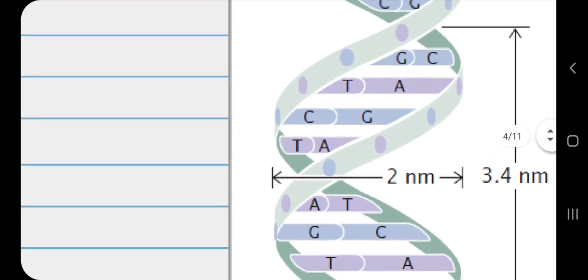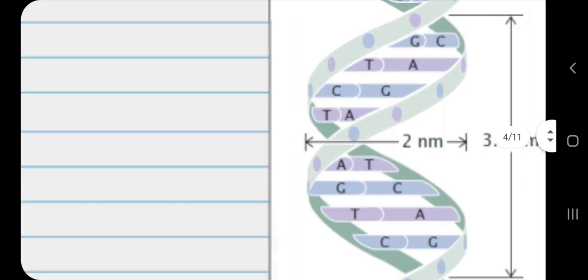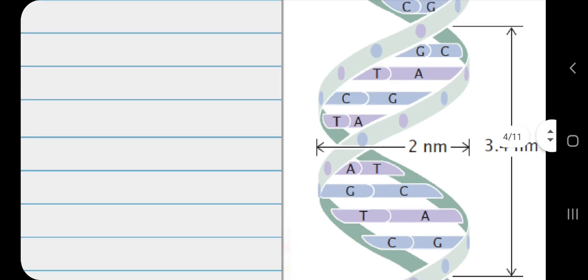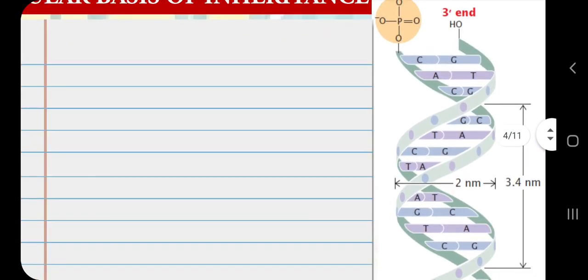Here is one interesting thing: guanine is always base pairing with cytosine, and thymine is with adenine. Again the reverse is true also, adenine with thymine and cytosine with guanine. These 2 strands, if you are able to see, are held together by these hydrogen bonds, and we can separate them at these hydrogen bonds.